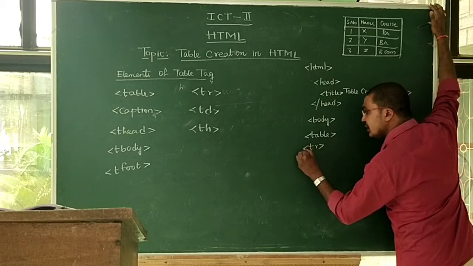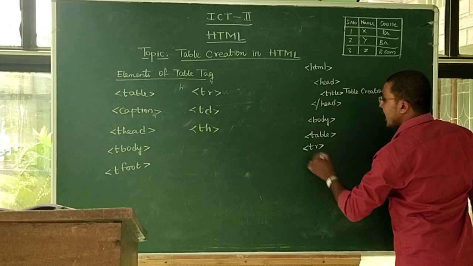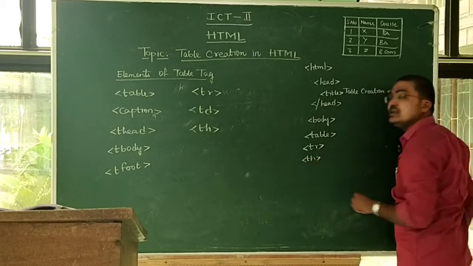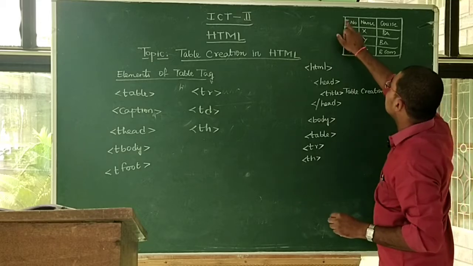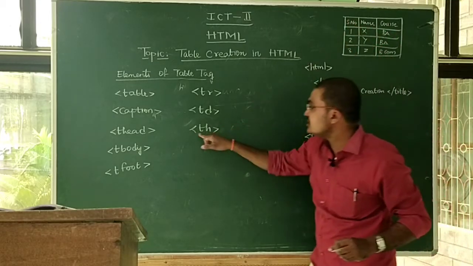If you want to create a row, first we use the tr tag. Okay, the row is created. Under it, what is the first heading of the table? I want to make the heading, not the data. So the first row of the table is called the table heading. That's why I use th.